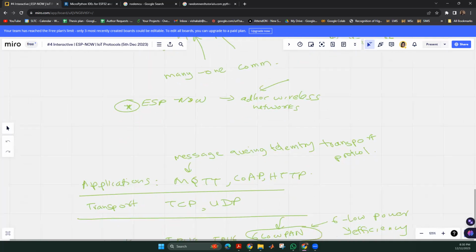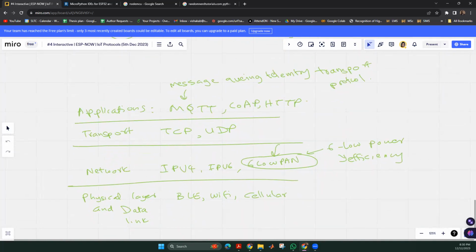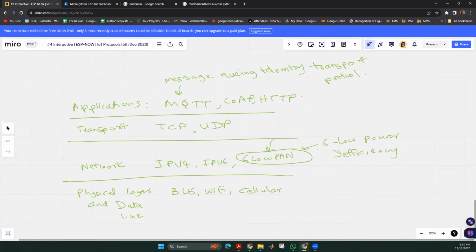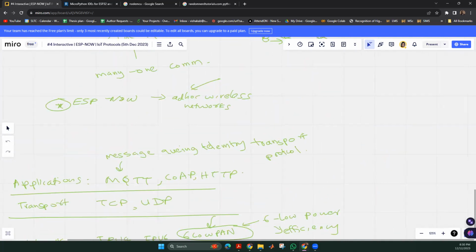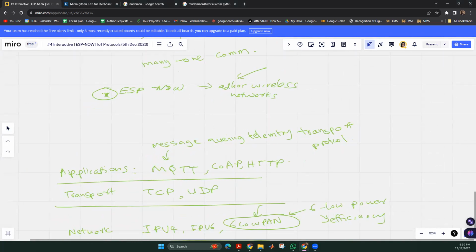So that is basically what we discussed about the ESP-NOW protocol in the last class. ESP-NOW protocol can be implemented in reality using two ESP microcontrollers, and you need two microcontrollers to implement the ESP-NOW protocol.